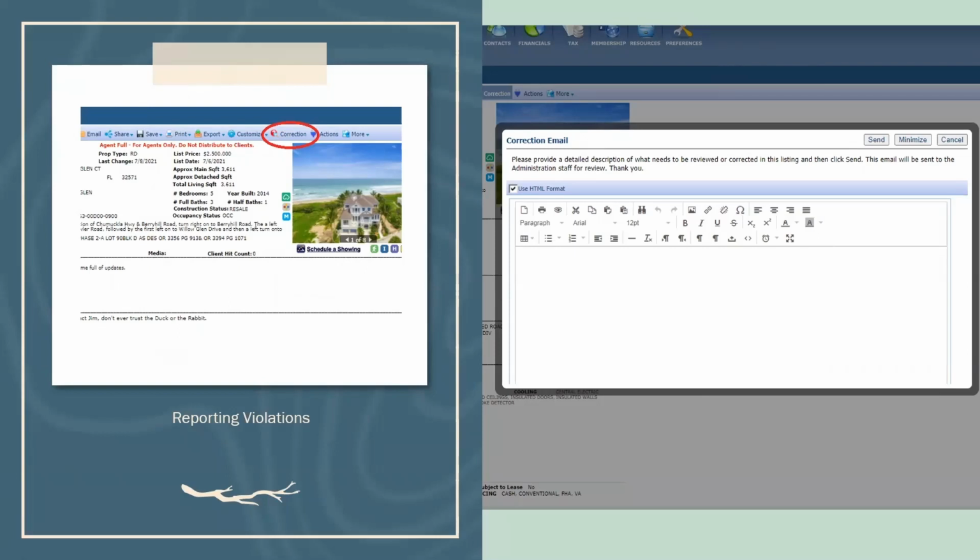When you report a listing, you are anonymous. The person that owns the listing will never know it's you. So I highly recommend that if you have an issue like this, and I know we're human and we're all good natured and we want to say, hey John, I just want to let you know your listing actually has 3 bedrooms, not 4, and then you and John get into an argument about the number of bedrooms, and next thing you know you're like, oh, fine, if you're not going to correct it, I'm just going to do what I need to do.